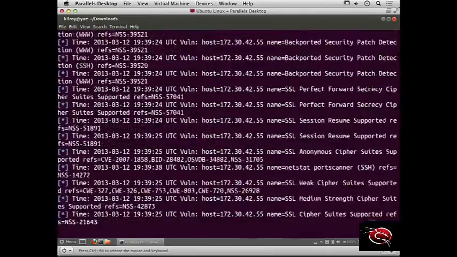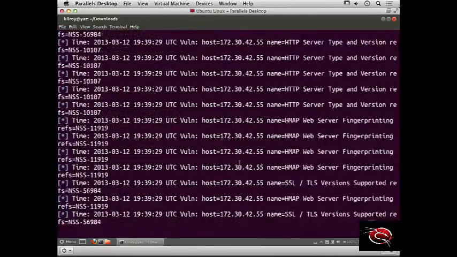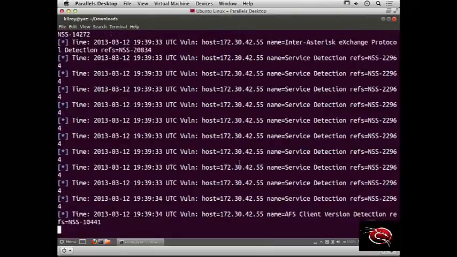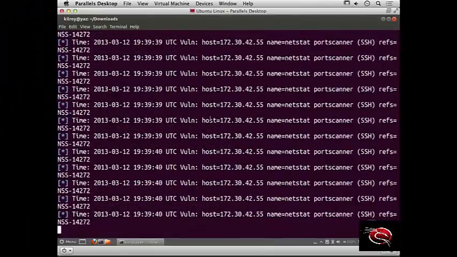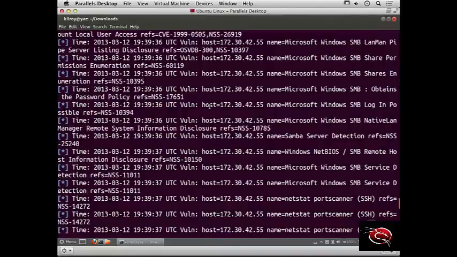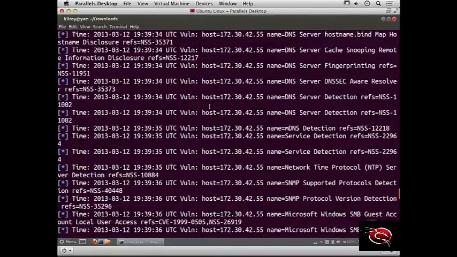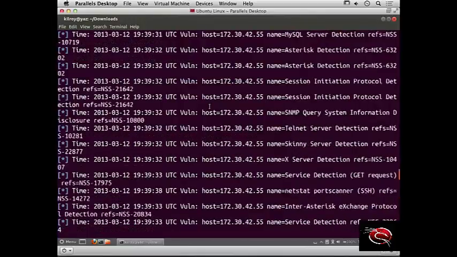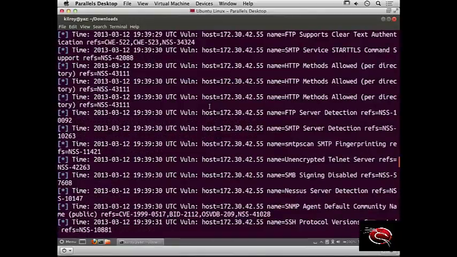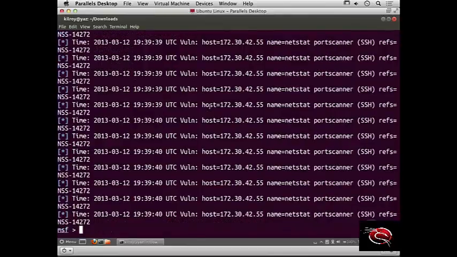So I can list the vulnerabilities that we have found, and here we've actually got a lot of vulnerabilities because Nessus turned up a lot of vulnerabilities from the scan that was performed. And now I've got the challenge of going and digging through all of these vulnerabilities to see if I can find anything that's useful. So again, we've actually got a lot of data stored in the database here in Metasploit,